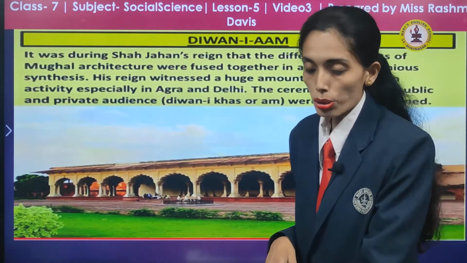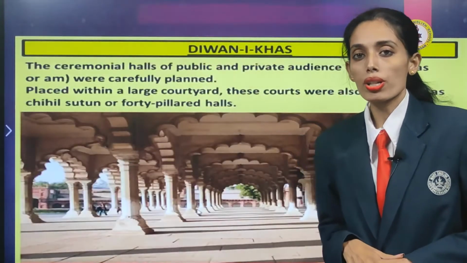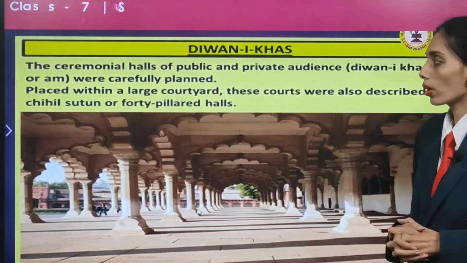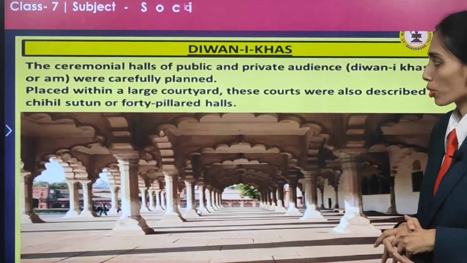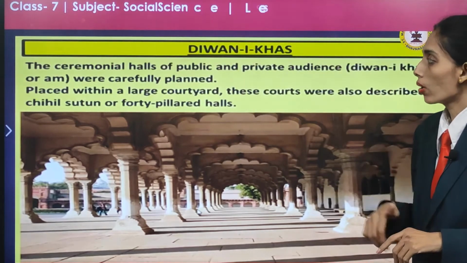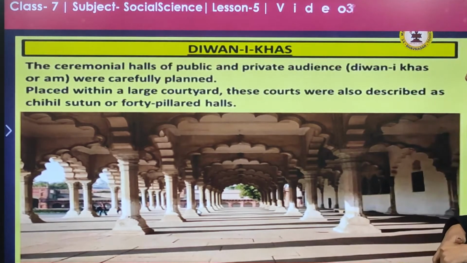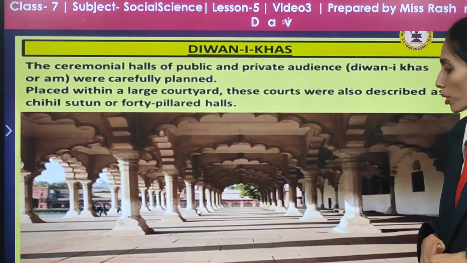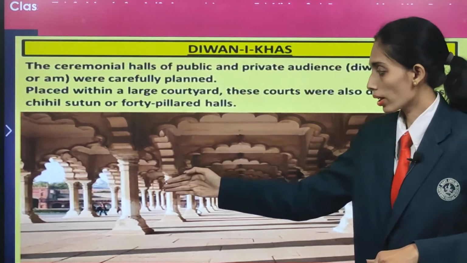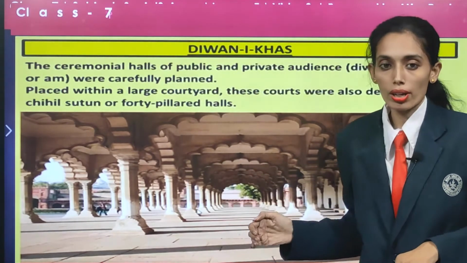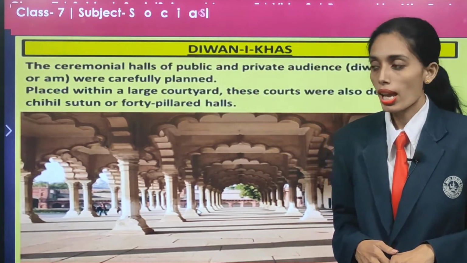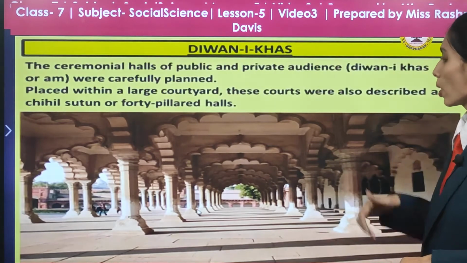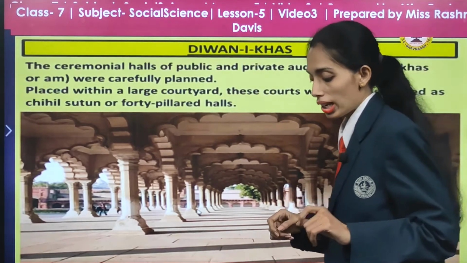The construction which was being made was fully planned, what is to be done there and how it is to be performed. So that was good planning. The ceremonial halls of public and private audience were carefully planned, placed within a large courtyard. You can see here the courtyard, the place where you find a lot of people, and you can see the construction over here. These courts were also described as Chihil Sutun,